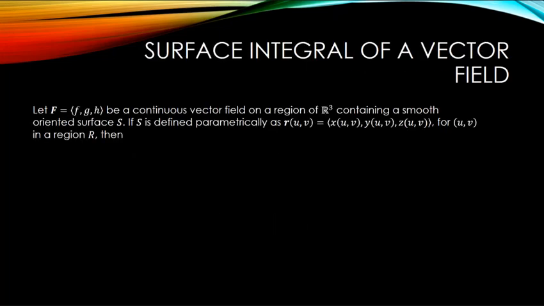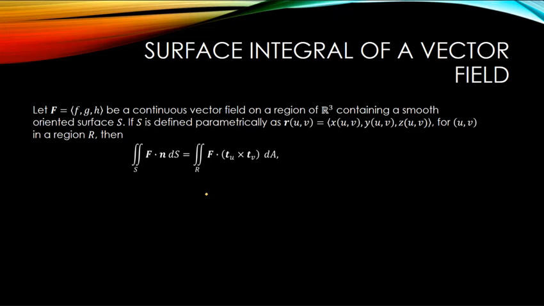If I let F be given by a vector with components f, g, and h, and this is a continuous vector field on a region of R3 containing a smooth oriented surface S, if S is defined parametrically as r(u,v) equal to a vector with components x(u,v), y(u,v), and z(u,v), for u,v in a region R, then the double integral over S of F dotted with n dS is equal to